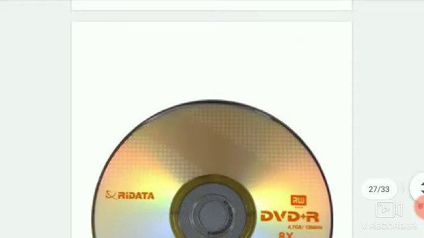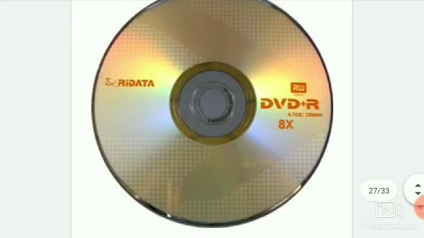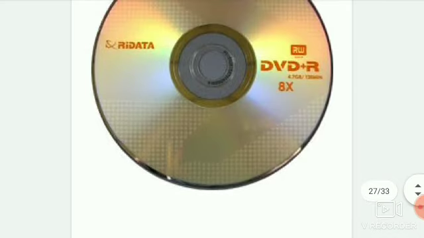After CD-ROM, we will understand about the DVD-ROM. A DVD-ROM is a portable storage medium and it is similar to a CD-ROM. However, it can store larger amounts of data than a floppy disk or a CD-ROM. A DVD-ROM is commonly used to store movies and videos. So we mostly use DVD for movies and videos, and CD-ROM was also used to store movies and videos at an early time.